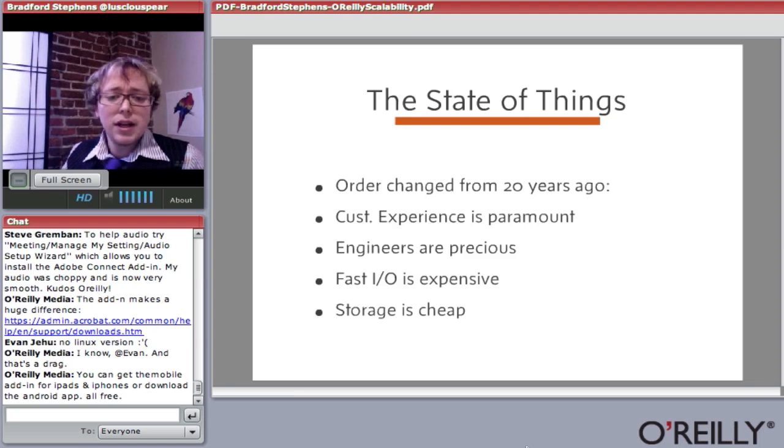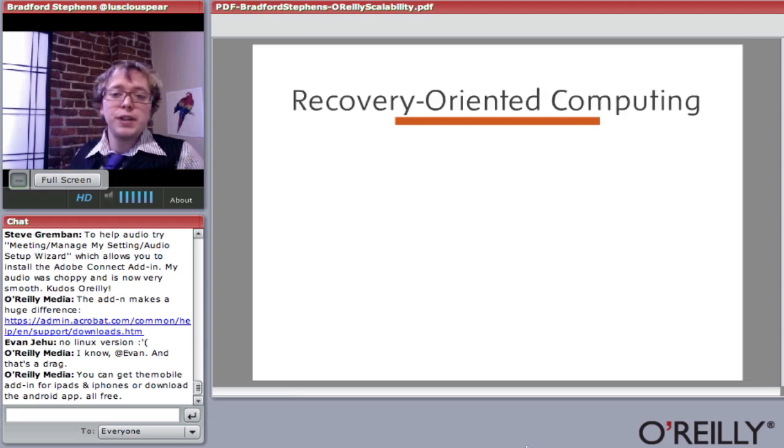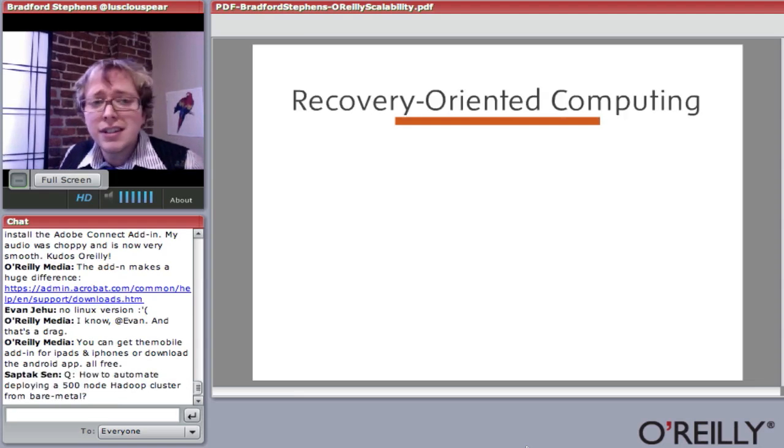Excuse me. But at least the good news is one of these variables, storage, is really cheap. Just the other day I bought 1.5 terabytes of storage in an external drive for like $80. Remember 10 years ago, I thought the world would be a magical place when I could store a terabyte of my Ozzy Osbourne MP3s.